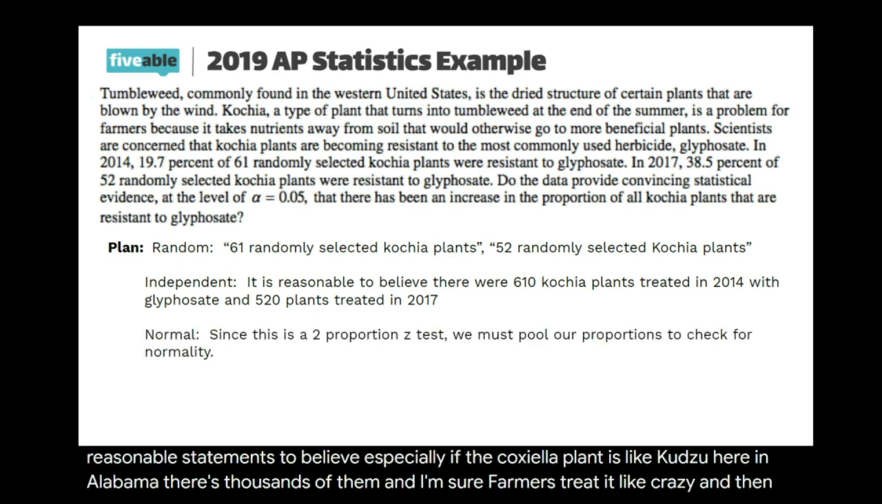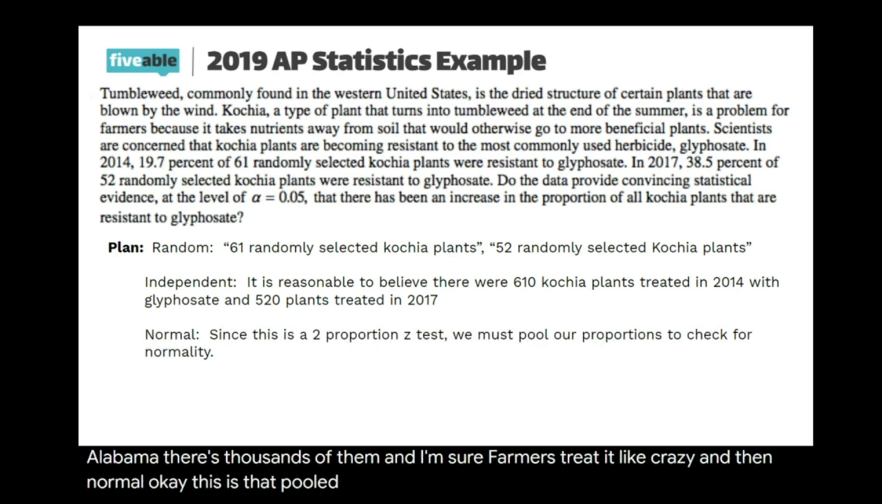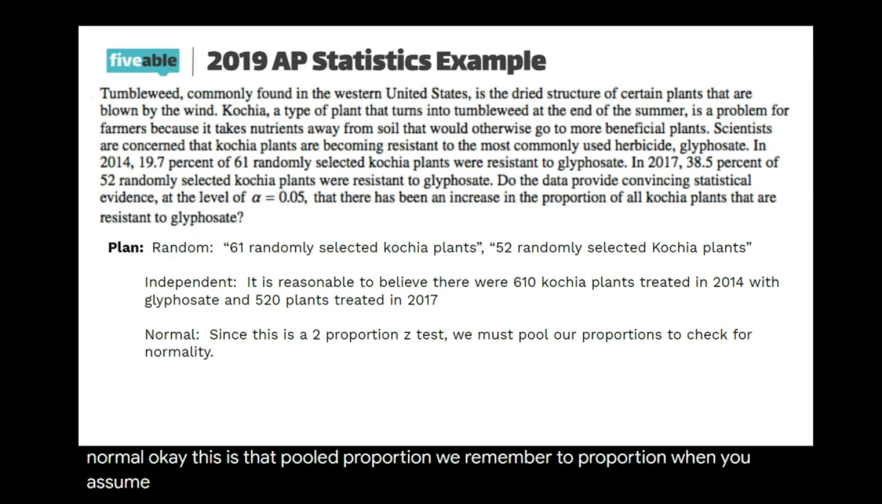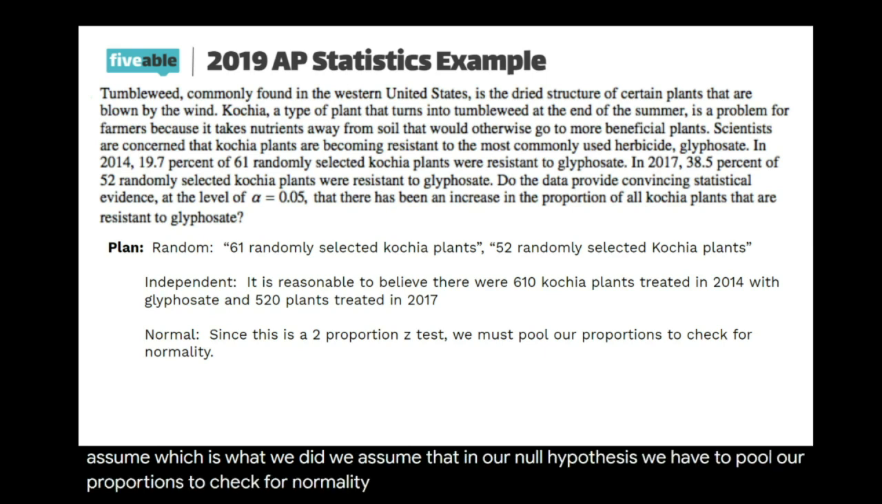And then normal. Okay, this is that pooled proportion. Remember, in a two proportion test, you assume that the two proportions are equal, which is what we did. We assumed that in our null hypothesis. We have to pool our proportions to check for normality. So first of all, in my calculator, I need to